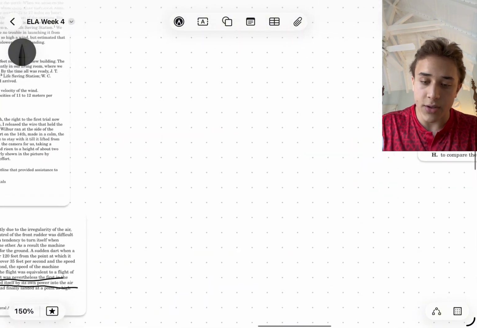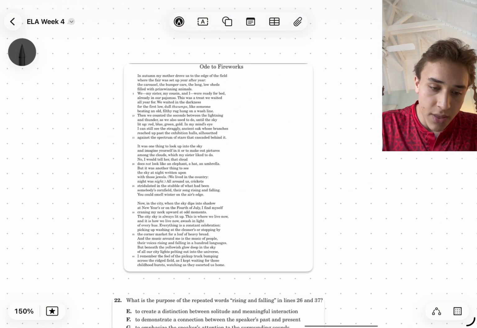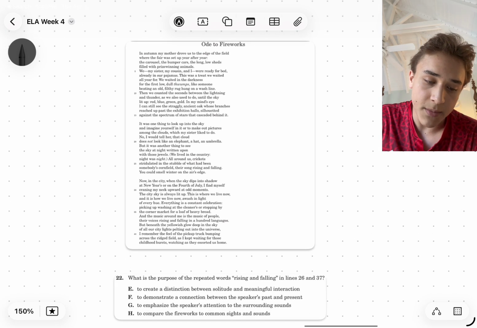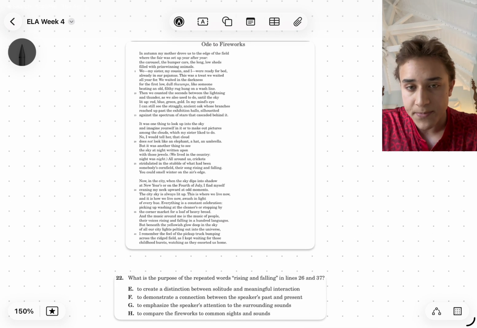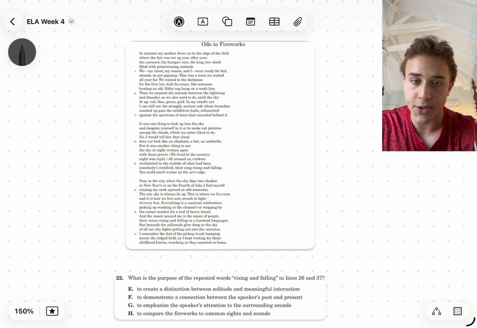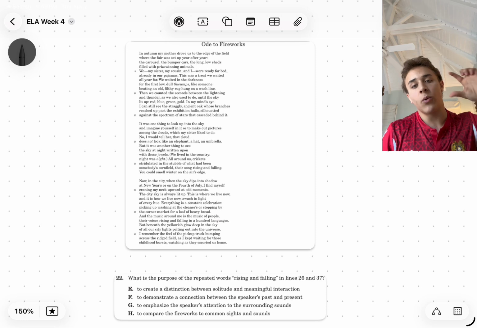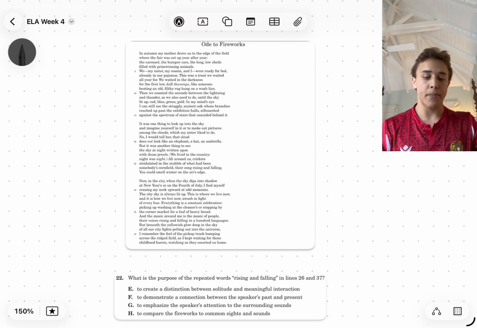And now we're going to move on to Ode to Fireworks. So similarly, I'm not going to read it. If you want to pause, you can do so here, but I'm just going to get straight into the answer. So this is slightly different because instead of just getting one block of text from somewhere within the passage, we're